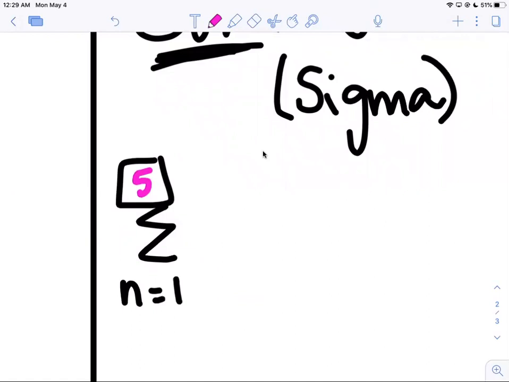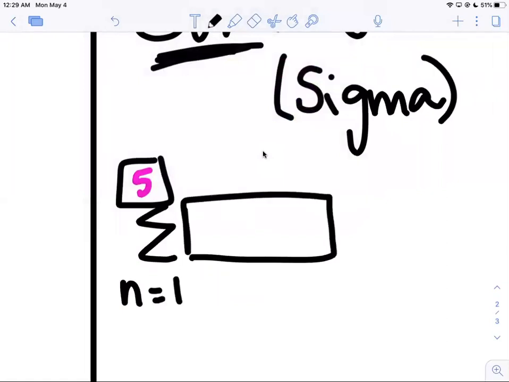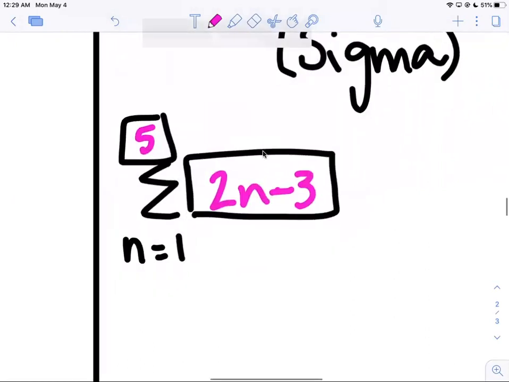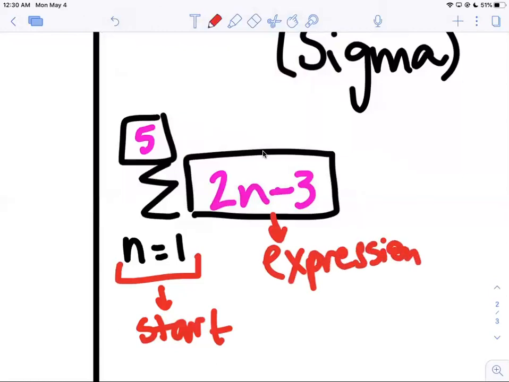And then next to the sigma will be an expression. And the expression we'll use here is 2n minus 3. Okay. The n equals 1 is where you start. It's your starting point. You're going to start by putting n equals 1. We're going to put 1 in for the n. We're going to put it into this expression. This is your expression, or you can even think of it as your rule, like we had at the very beginning of our